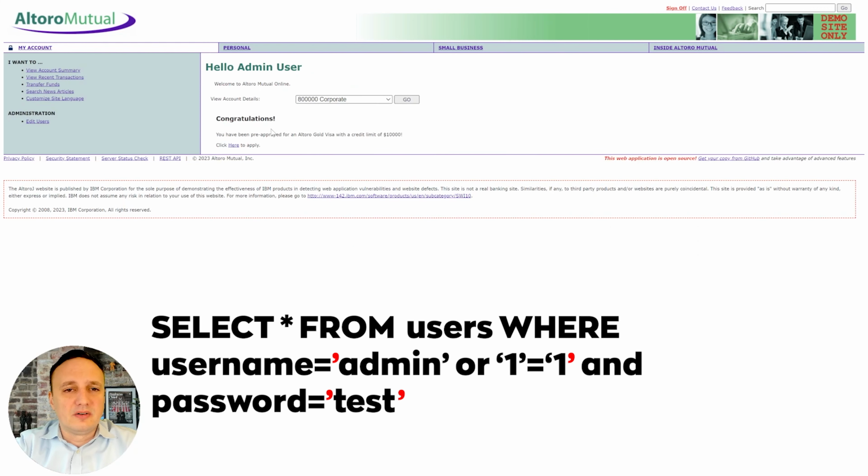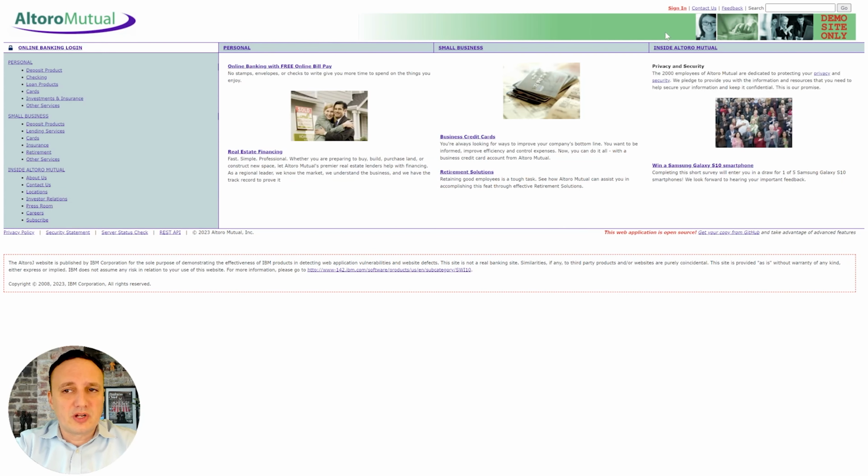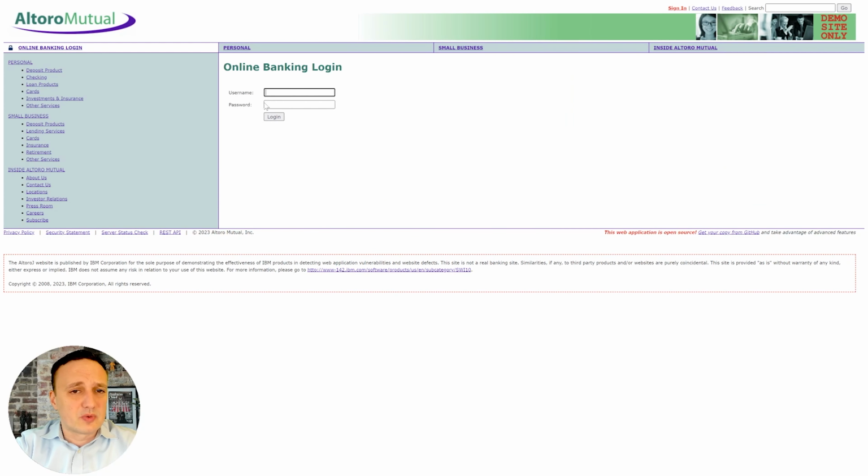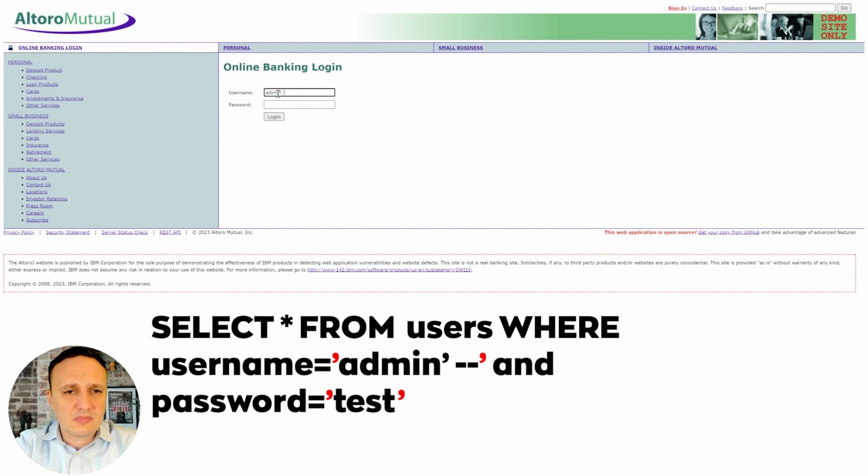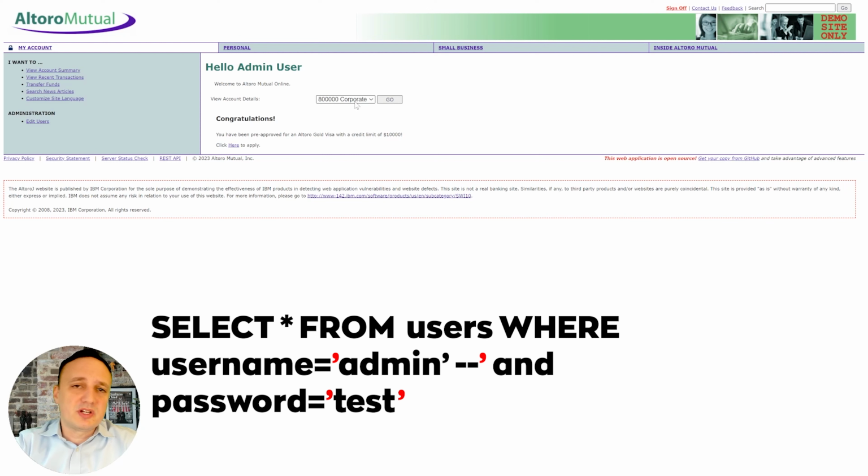So if you log in now, what you're going to see is, boom, you're logged in and you're now inside the system. That obviously can also be used in a different way. So if we try to log in again, you have different mechanisms, right? And different type of content you could be typing here. So if we just do admin single quote and then 2 dashes and then whatever password, test here, what you're going to see is that also works because the double dashes effectively tells the system to ignore whatever is coming after that query. So that's how you end up logging in.